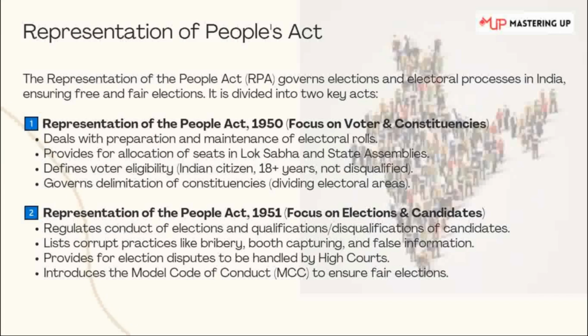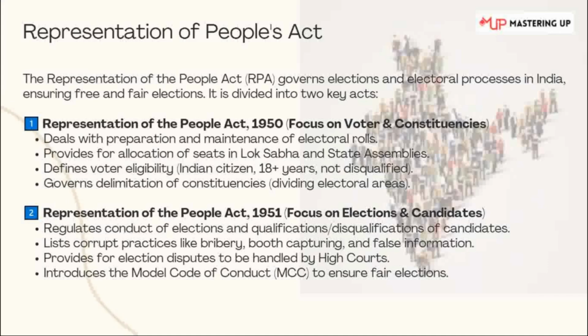It deals with preparation and maintenance of electoral rolls, provides for allocation of seats in Lok Sabha and state assemblies, defines voter eligibility, Indian citizens 18 plus years not disqualified, governs delimitation